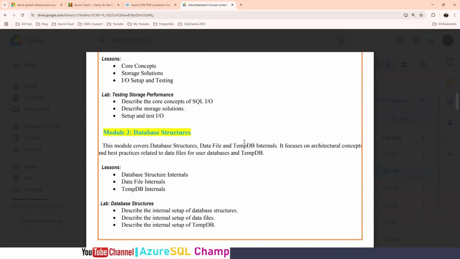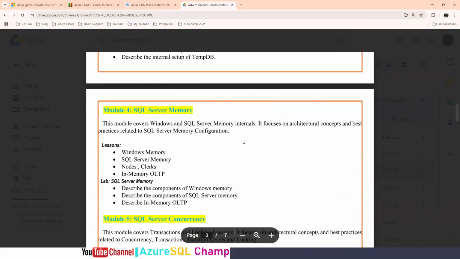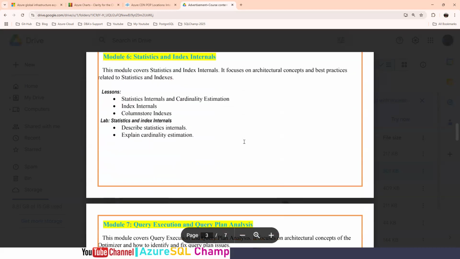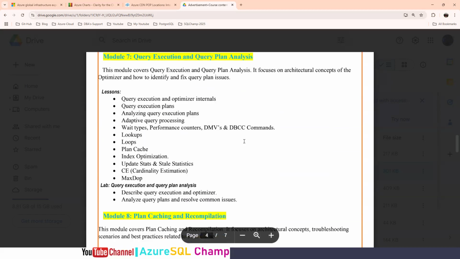We'll talk more on troubleshooting, especially TempDB related issues, and locking, blocking, deadlocks, statistics. Much more on performance tuning, both on-prem and in the cloud, we are going to discuss.